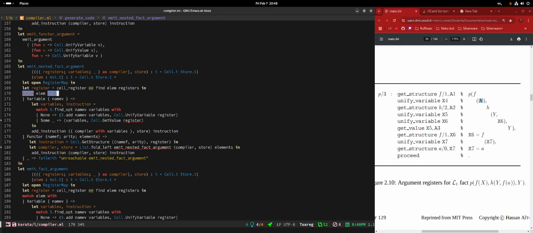Yeah, but what about this lookup? Find registers for lm. lm is an ast.t. Oh, right. This is to decide if we're going to do a unify variable or a get value. Hmm. Yeah, because look here. I don't know if this is correct, by the way.